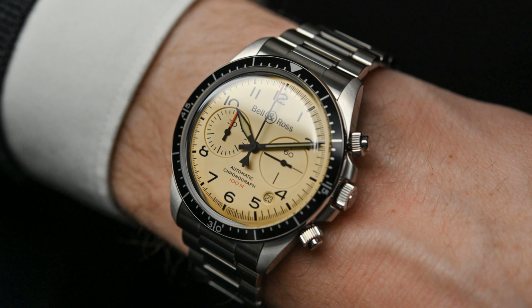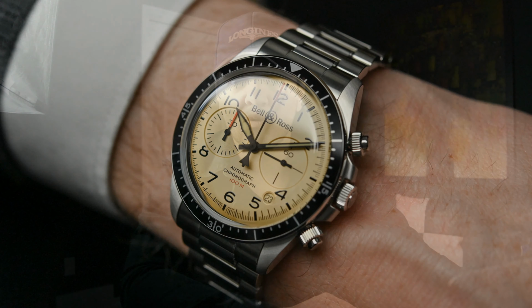It comes with a pretty hefty price, around $4,000. I've shown it to a few of my friends and I said, man, this is the absolute best chronograph I've ever seen. The best looking. It's just so calm. It is so gorgeous. It is so simple. And they were like, it's so...